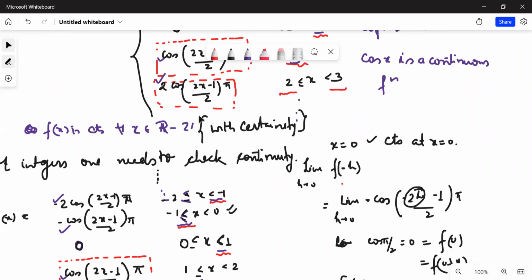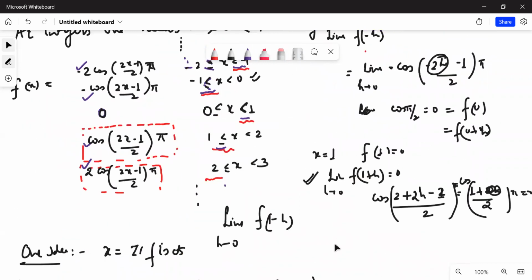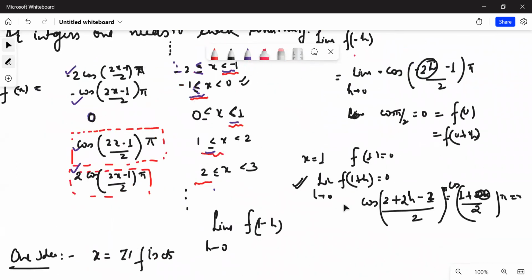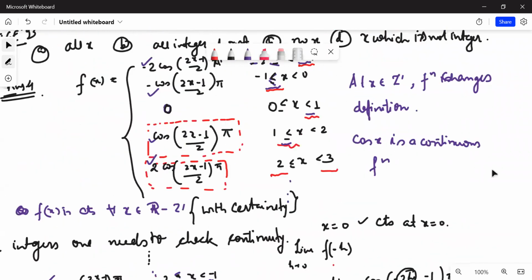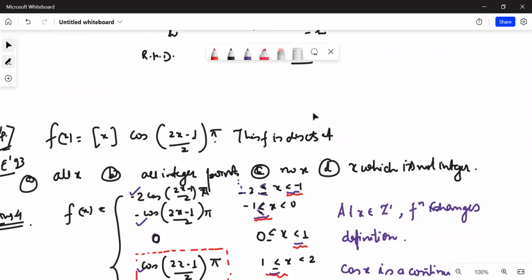So at integers, I'm finding that my function is continuous. So the function was already continuous for all r except integers. At integers, it is continuous. So overall the function is continuous everywhere. So question क्या पूछा गया था? Check करें. Function is discontinuous at no integral point. Is that clear? ठीक है, इस तरह के क्वेश्चंस एग्जाम में ज्यादातर you will find they are